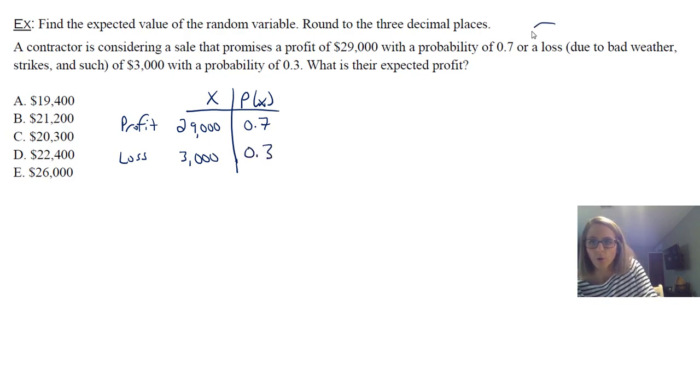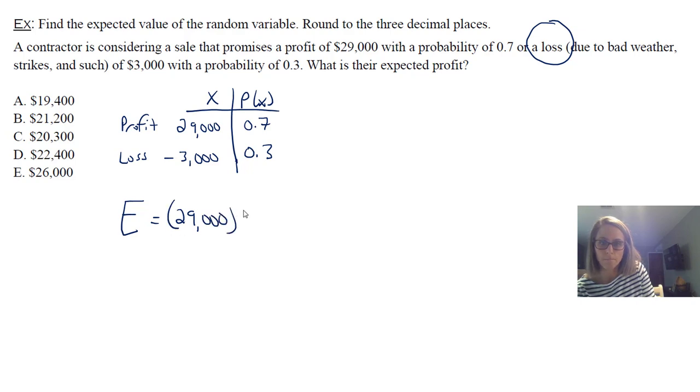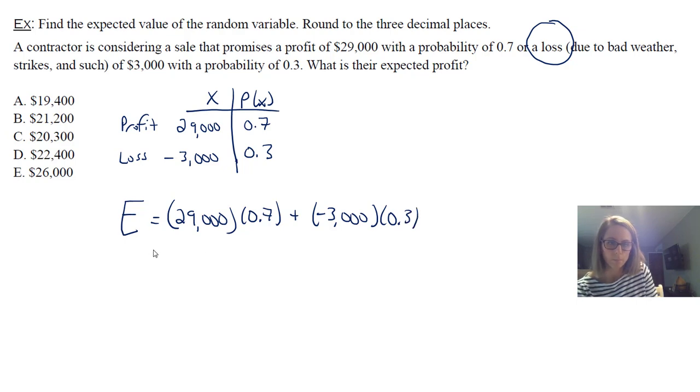But if you see that word loss, you want to think about the idea that they're going to lose money, and so that number needs to be negative. So now it's simply setting this up just like we've done before. 0.7, we've got negative 3,000, 0.3. Okay. We multiply that out, and it's not always nice numbers, but in this case it is a nice number,